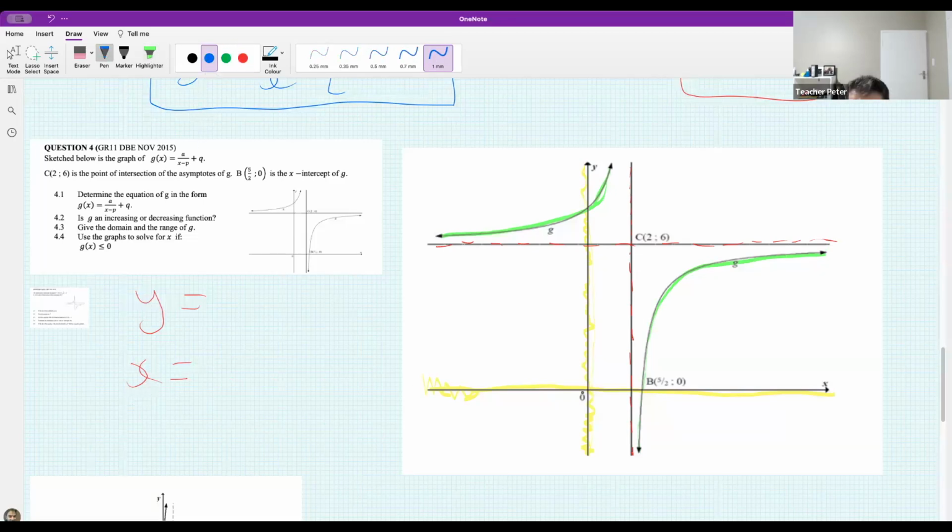So what line is this one over here? It's going to be 2. And so it's going to be x is 2 for this one. That's going to be x is 2. What is the equation of the horizontal asymptote going to be? And where would I look? I think looking here is important. I think this is going to be a 6. Okay, now,